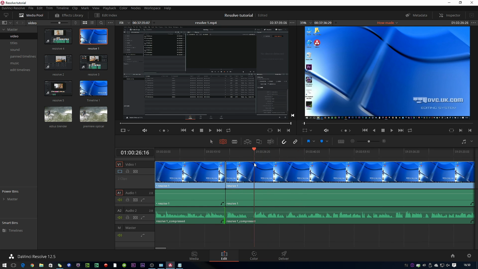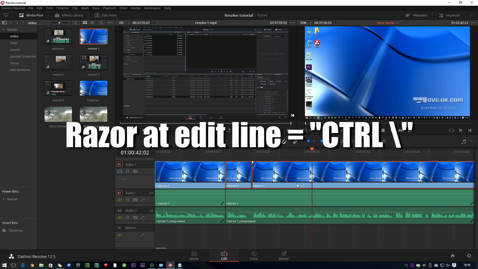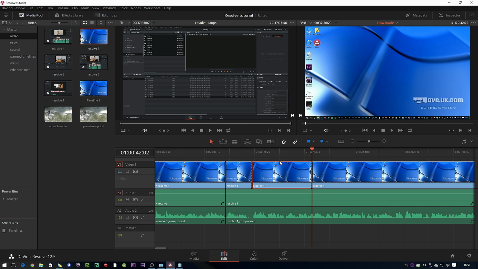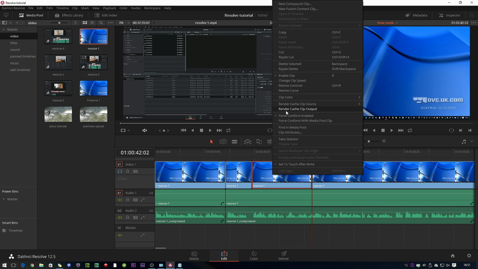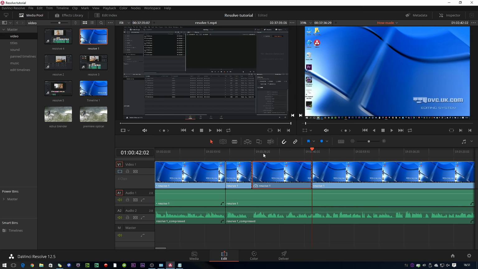If I want to speed up a section, which I do sometimes when I'm just doing tedious stuff like typing, what I've got to do is chop that bit out. So I'll select where I want to start the speed up. I'll cut it. I use the keyboard shortcut, move to the end of the bit that actually needs to be speeded up. I've got to click off it, so I can click back and just select the bit that needs to be sped up, and then I right click on it and go to change speed and type in something like 300% is typically what I do. I haven't got it to ripple sequence or anything,